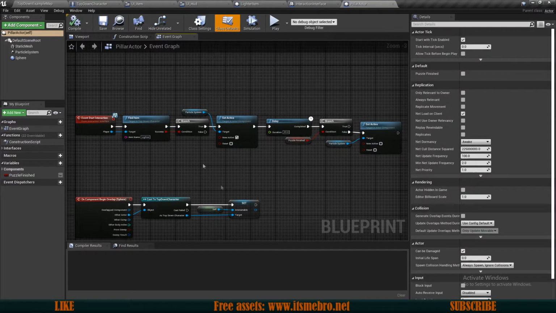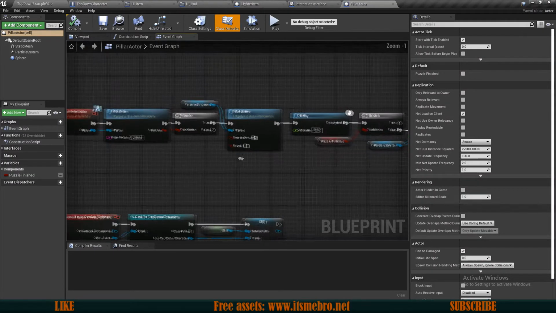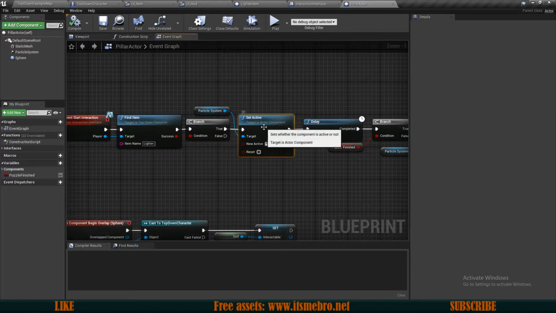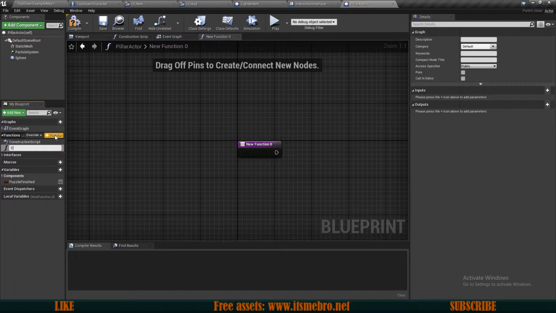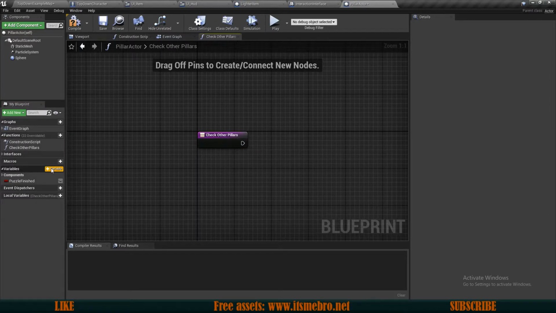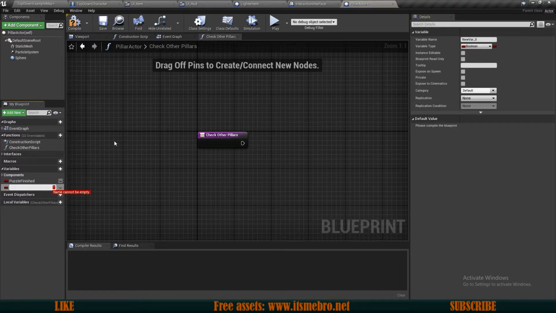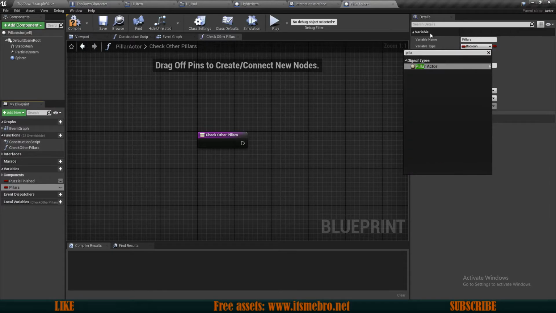So now at this point we should create a function which is actually going to check whether the other pillars are active or not. So for that, let's create a new function and let's call this check other pillars. Now to make this work, we're going to need to also create a new variable which is going to hold these other pillars. So I'm going to call this pillars, and we're going to make this into a pillar actor type,